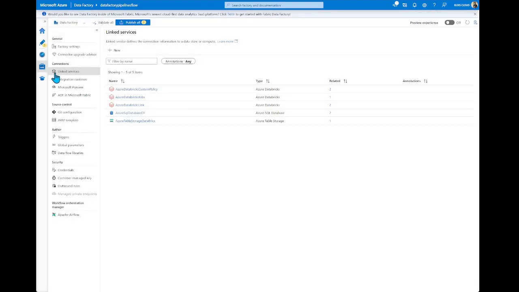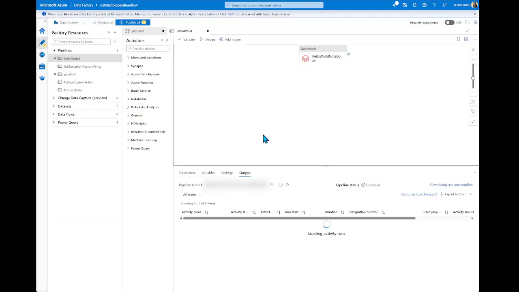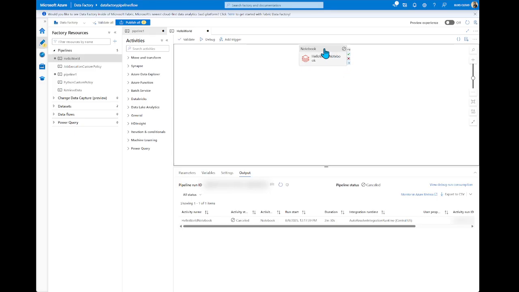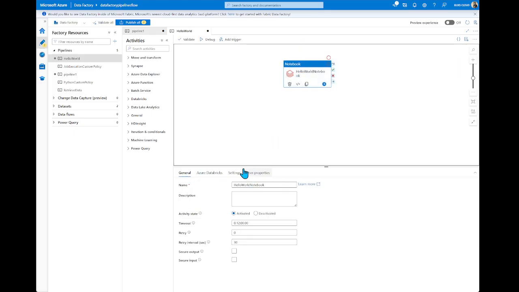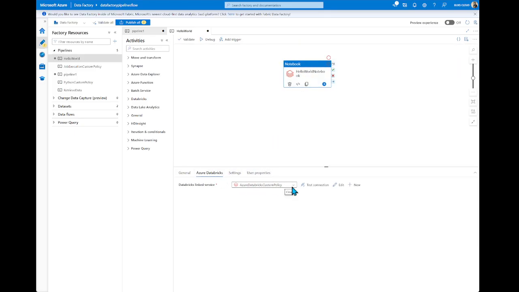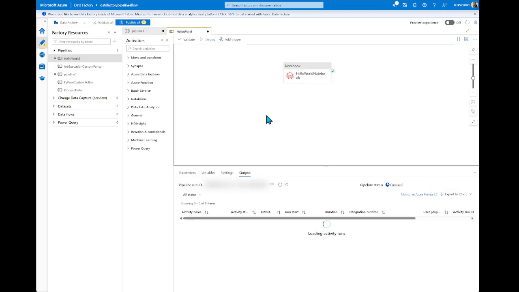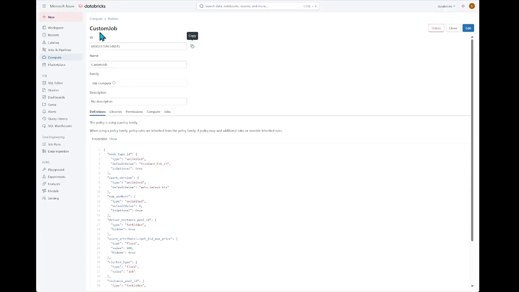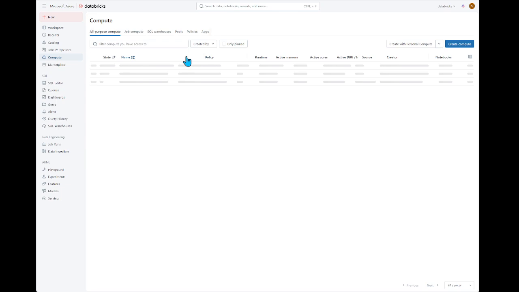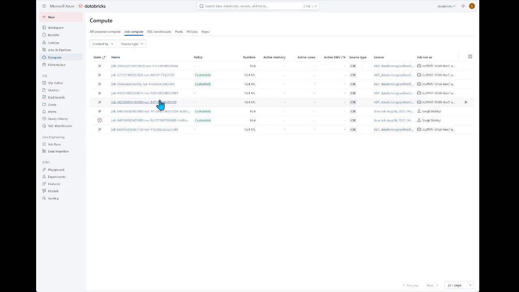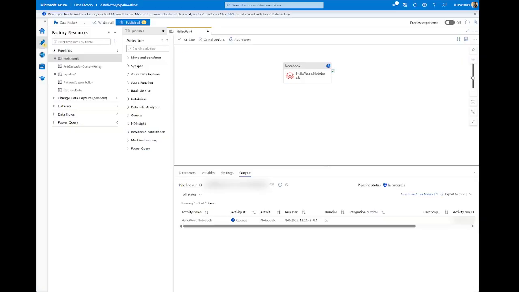So in this case, when I go back to my pipeline and select with the custom policy, let me debug this, execute this pipeline. What we can see here in a job compute. Let's see. It's executed. Not. Yes, in progress.